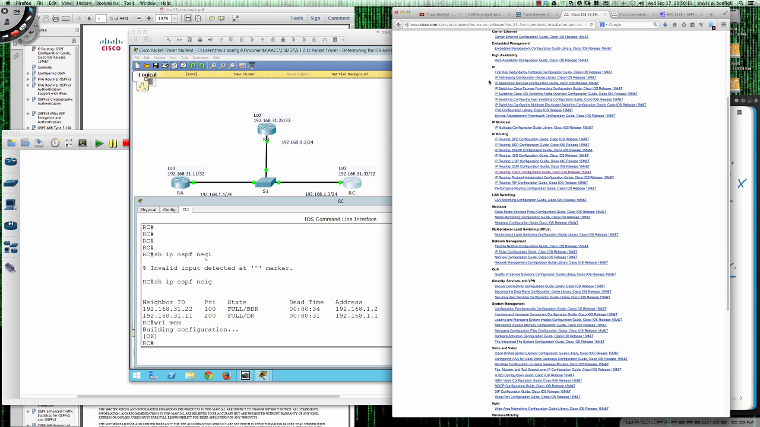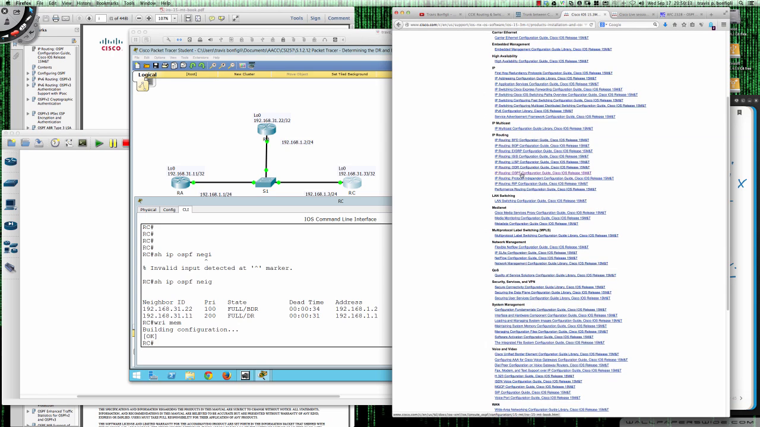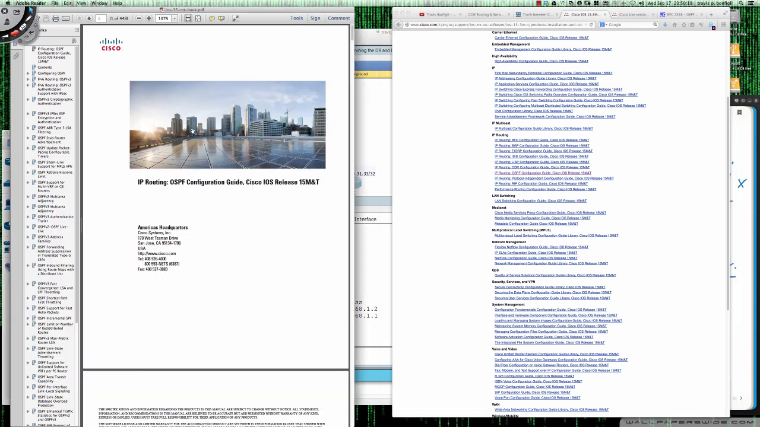A ton of information, right? So we'll focus in on this OSPF config guide. As you can see, it's discolored. I've already clicked on it and I wanted to have this set up. So here is the config guide. You can see 448 pages of